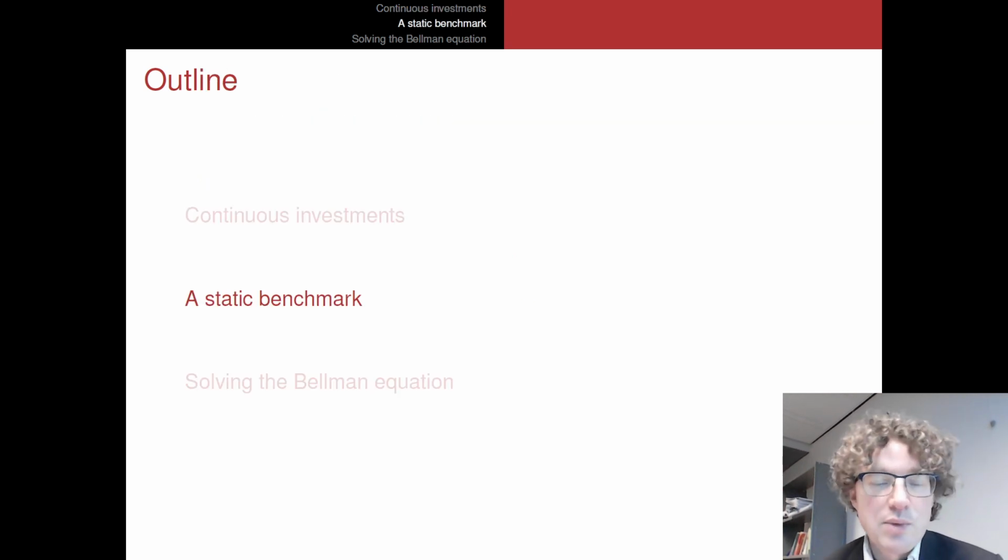So the next thing that I'm going to do here, at least, is I want to have a look at the static benchmark. So I'm first going to ignore the fact that theta is going to move up and down, so that it's stochastic. I first want to make the analysis: what's going to happen here? What would happen for a firm which has a fixed demand size? So theta is a fixed number. How much capacity would it invest in? So that's the static benchmark that's up next.